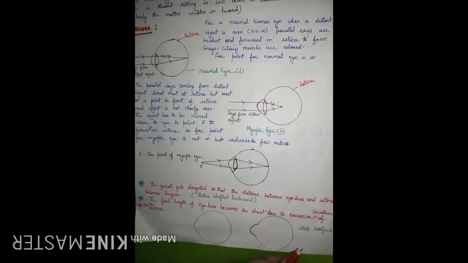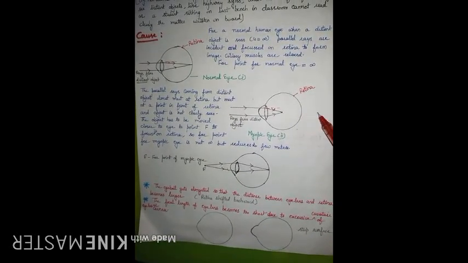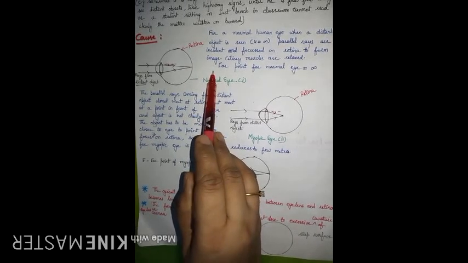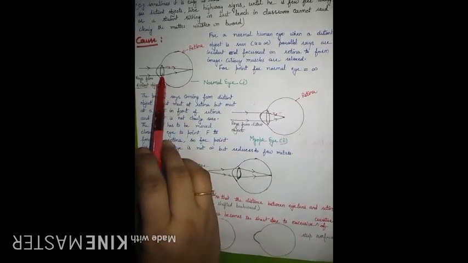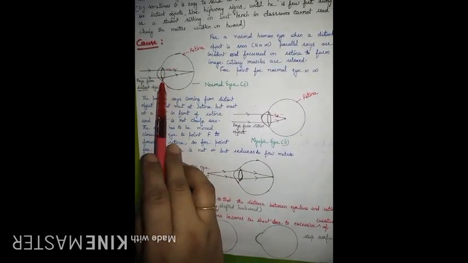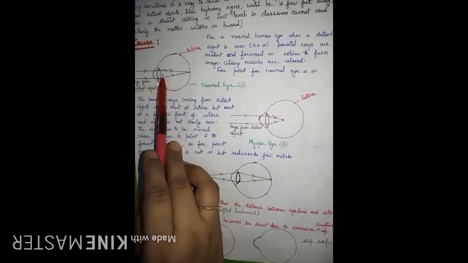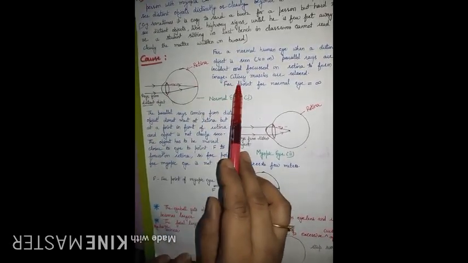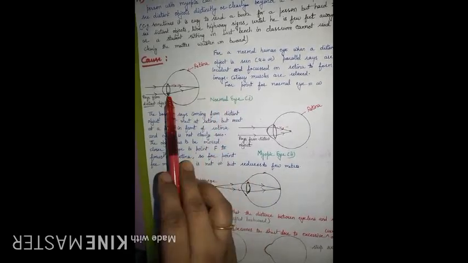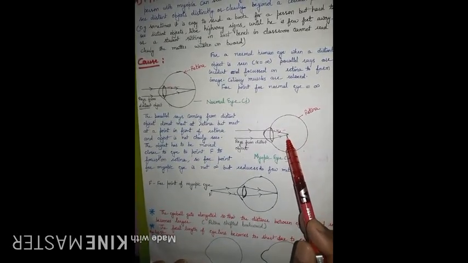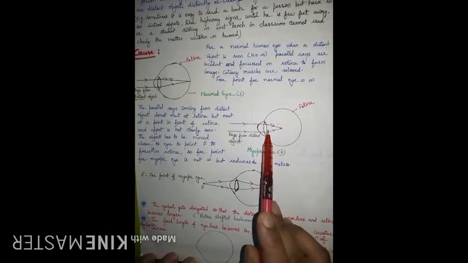One cause is that sometimes elongation of the eyeball takes place. Elongation of the eyeball means your retina is shifting in the backward direction. So when the retina shifts backward, the gap between lens and retina will increase. If the lens is working with the same focusing power, and the refraction produced by the lens and other parts of the eye is the same, but the retina is shifting backward, then again image formation will not be at the retina, it will be somewhere before the retina.